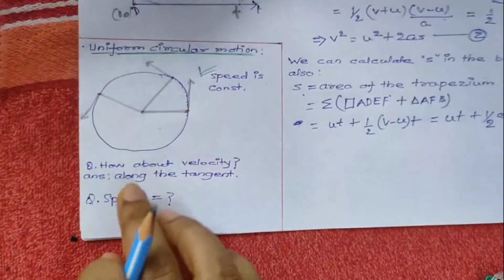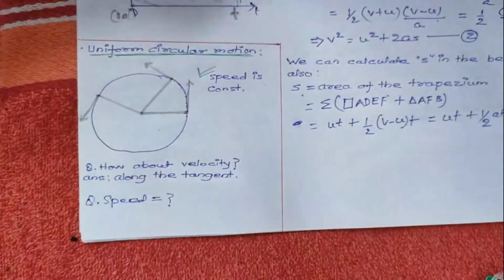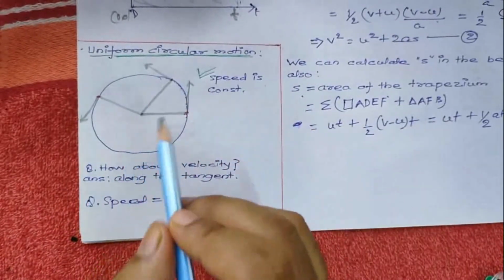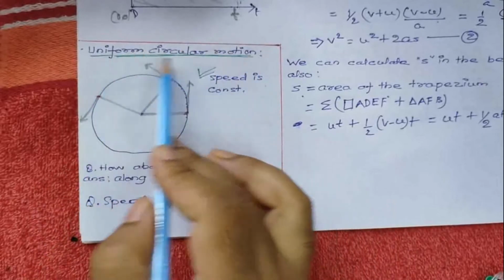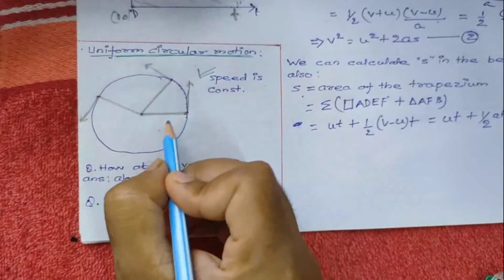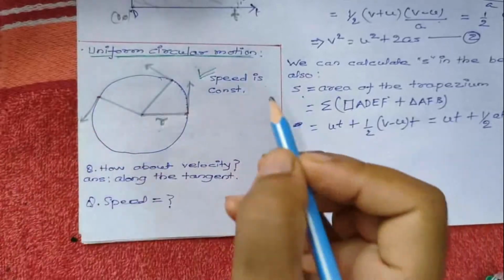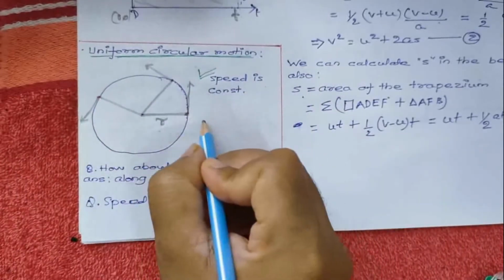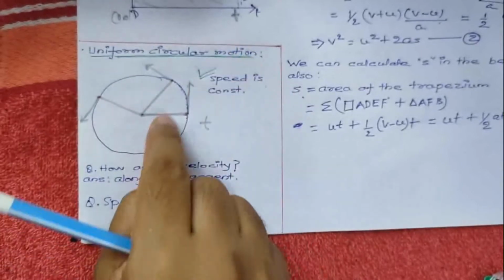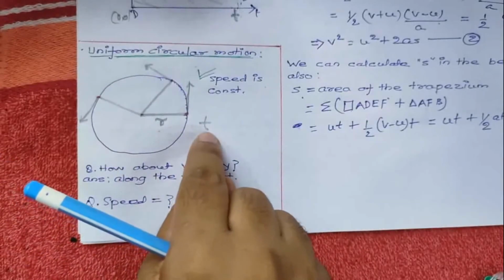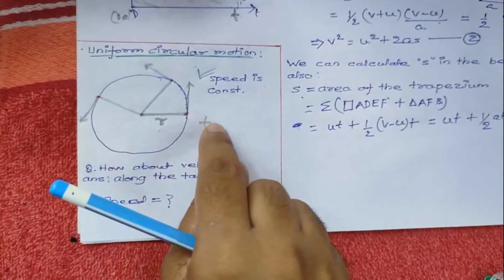Now if I ask you to find out the speed with which the particle traveled, how to calculate that? Or in short, if I ask you to derive the formula for speed for uniform circular motion, I think you should be able to. Let us say the radius is r, and the time the particle spends while traversing one round of this circular path is t. So what is the speed?